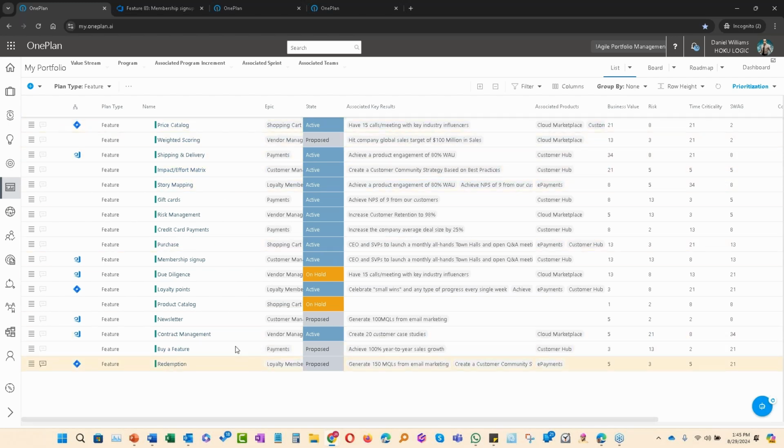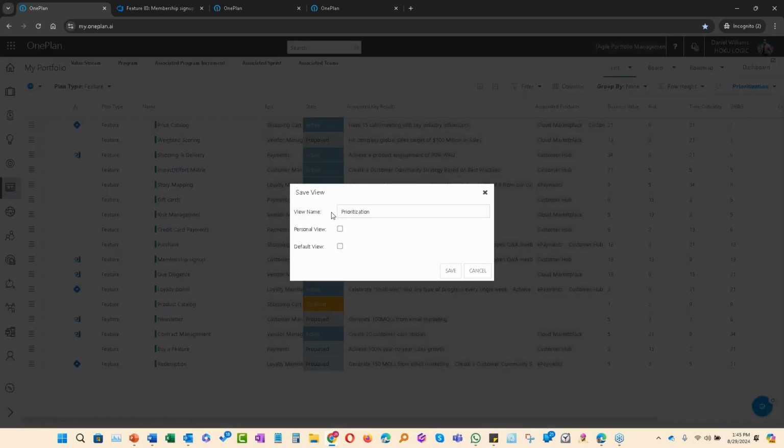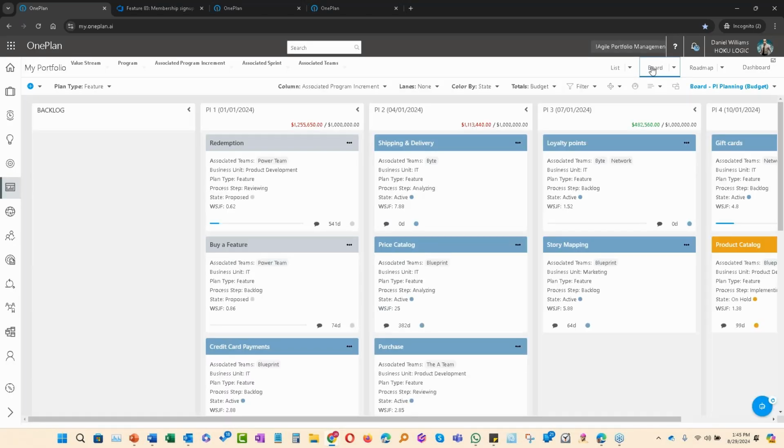This is the prioritization that we took to our modeler, by the way. So again, you can create views, create personal views. It's a matter of just, if you wanted to, you could make changes to the columns and then save it as your personal view. But from here, the LPM will likely go to